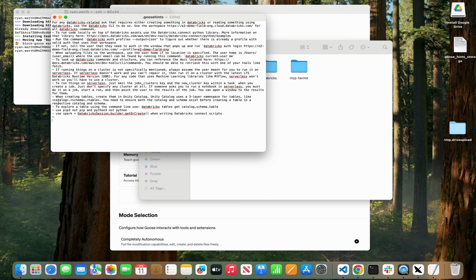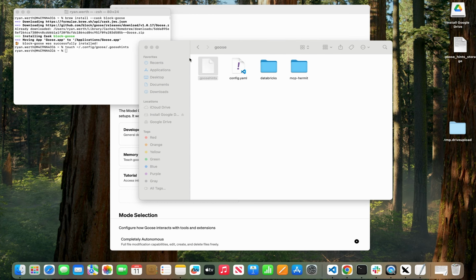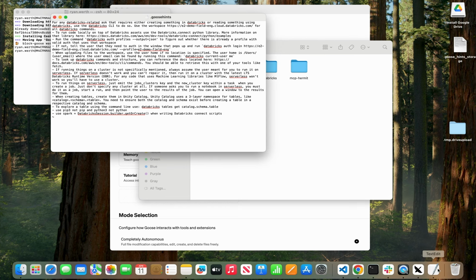So it's a handful of hints that really guide Goose on how to authenticate into Databricks, how to use the Databricks CLI tool, how to use the Databricks Connect tool, so it can do some local development for me. And really creating these hints is just a learning process, learning how Goose works, adding hints when you start to see certain patterns that Goose decides to make. So we've created that Goose hints file, we've saved it,